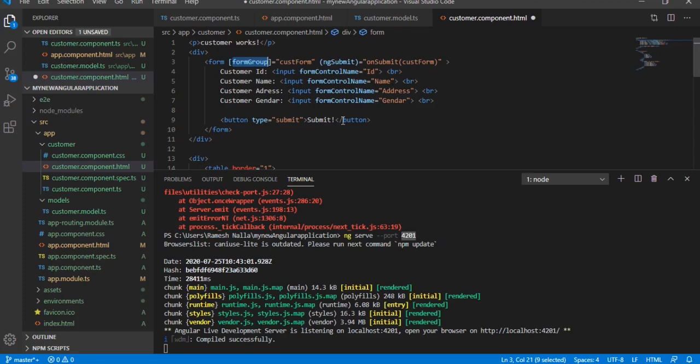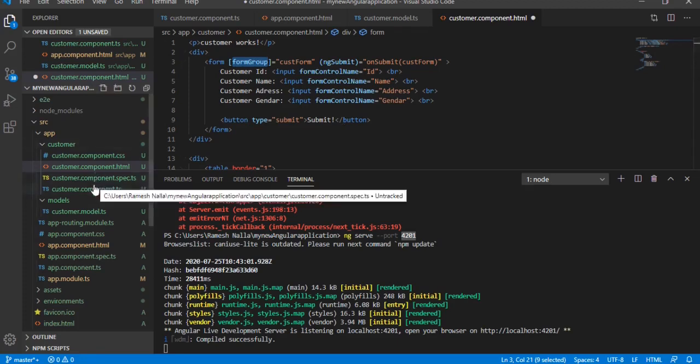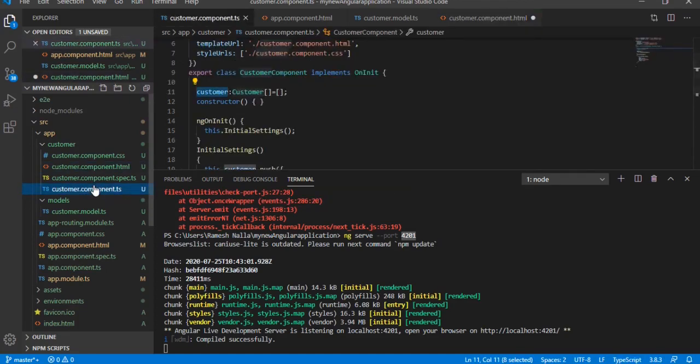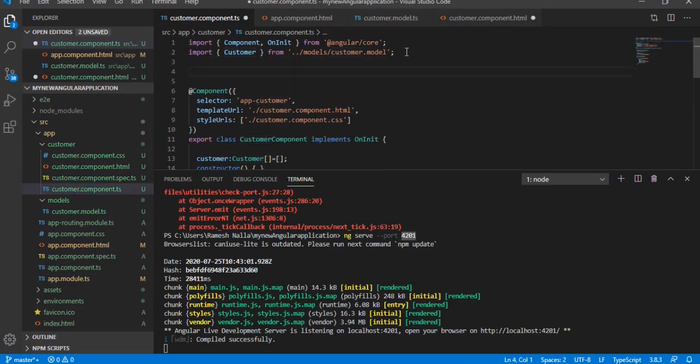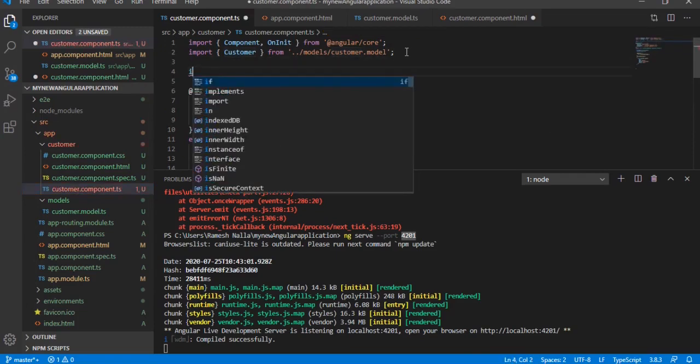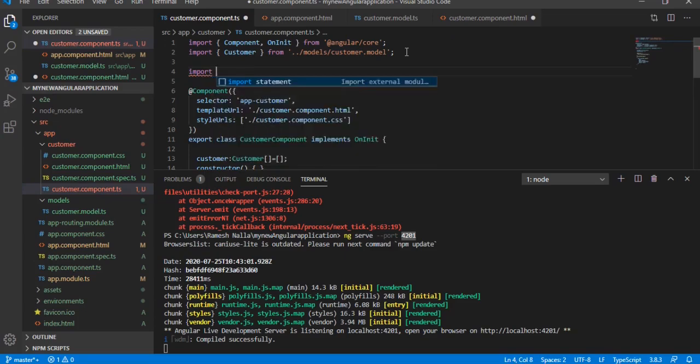Form group customer form, ng submit equal to onSubmit. So we can do one thing actually: in customer.component.ts, go and import the ReactiveFormsModule.